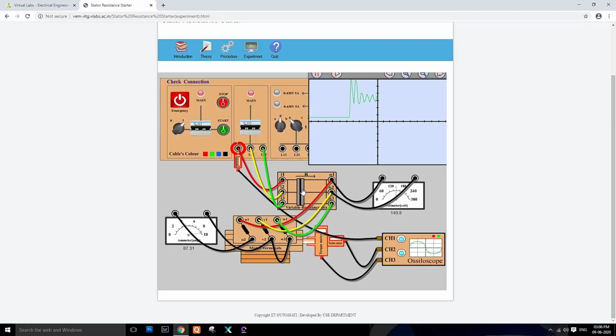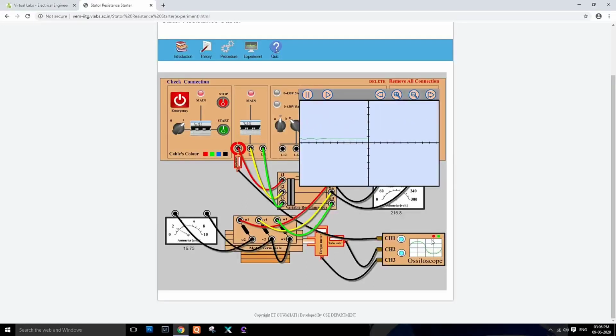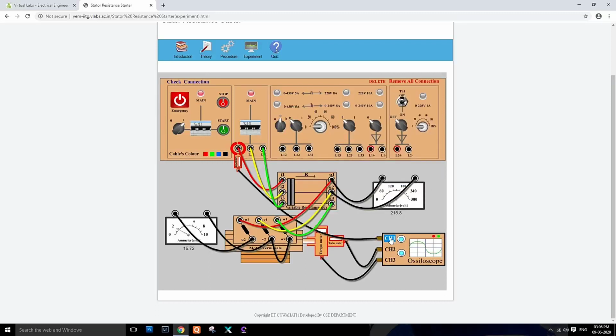Current is increasing. Then the current decreases, the spikes are there. So in this way we can observe the variation of channel 1. Then again if we click channel 1, the window will disappear.